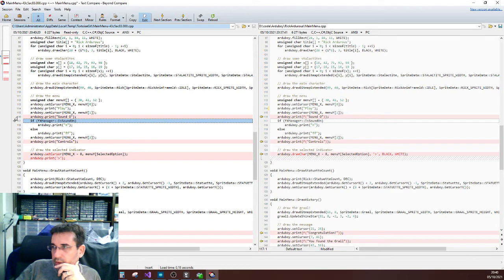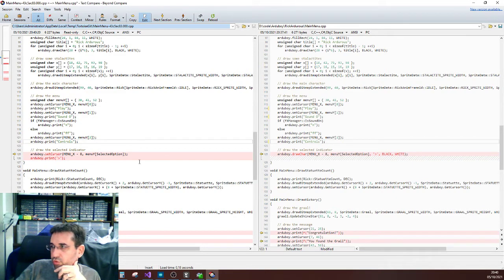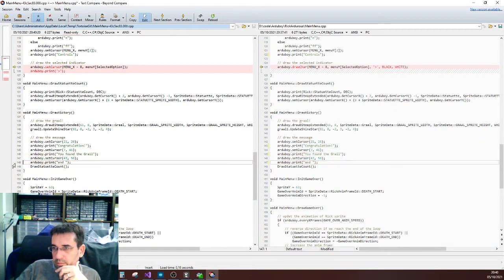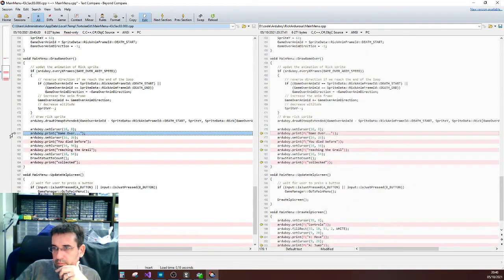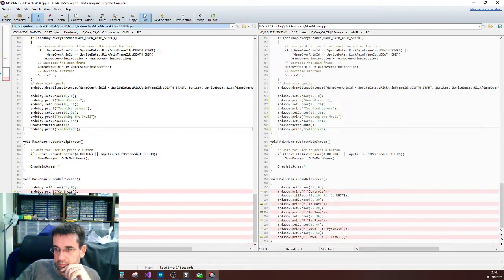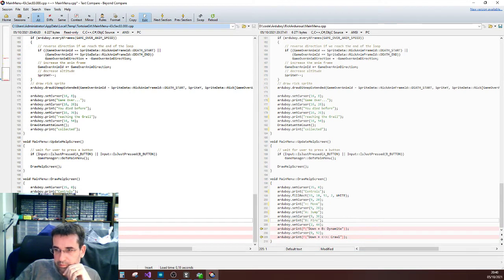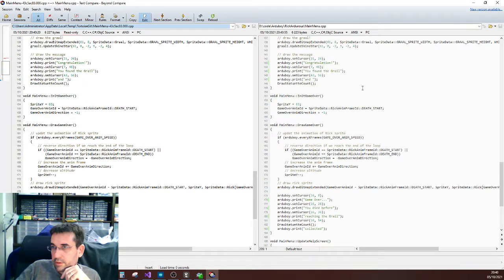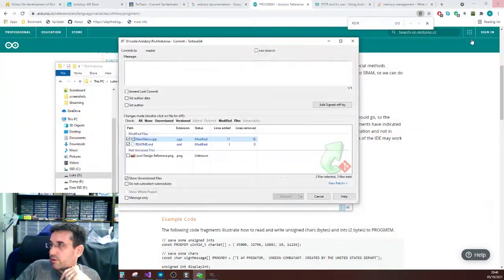So we revert that. So I can keep the draw char actually. Okay. I will revert the color, but